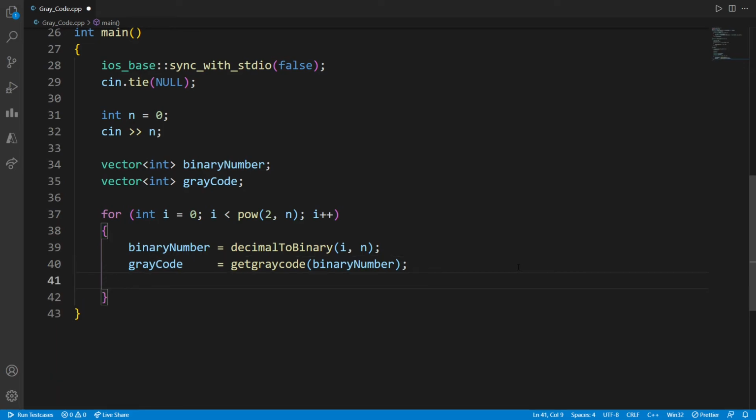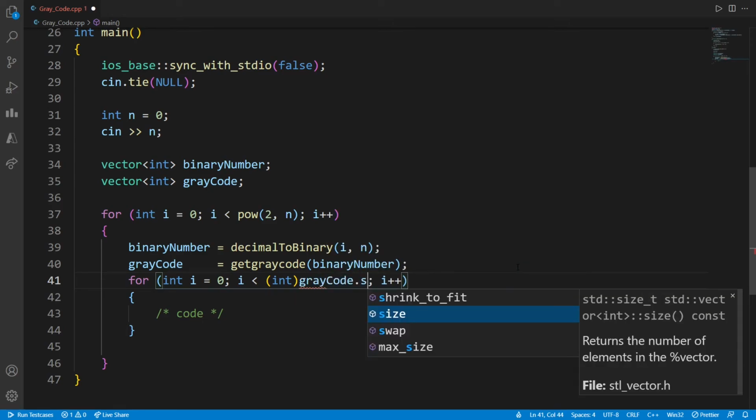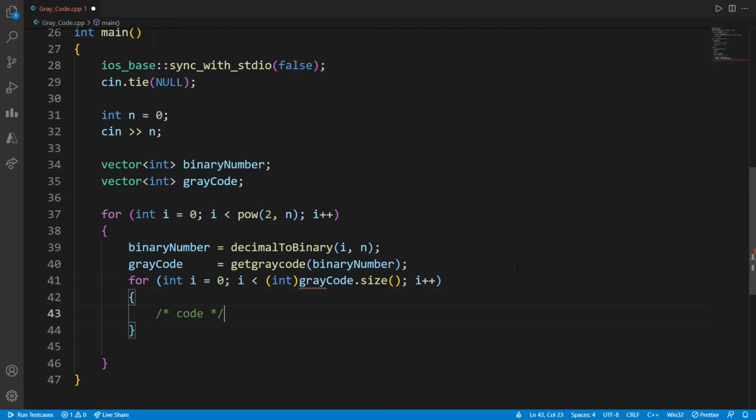Let's now display the gray code, because we need to display it line by line. So we'll say int i less than gray code size, and we'll display, no need of these curly braces, cout gray code of i.